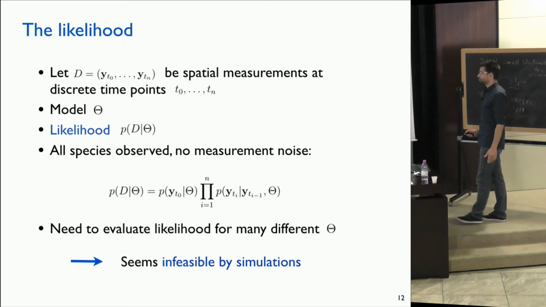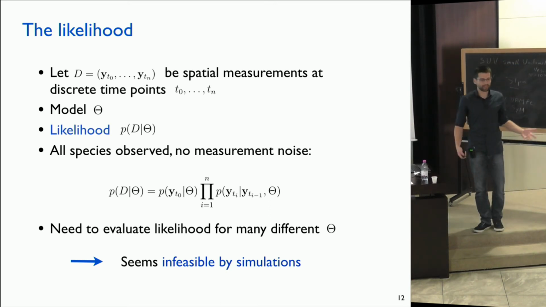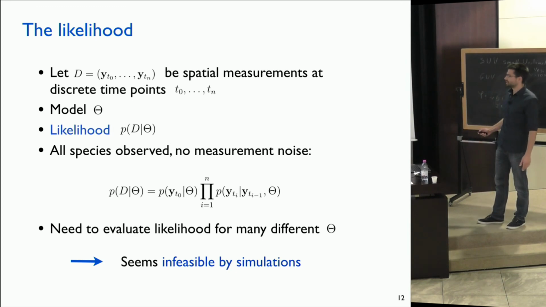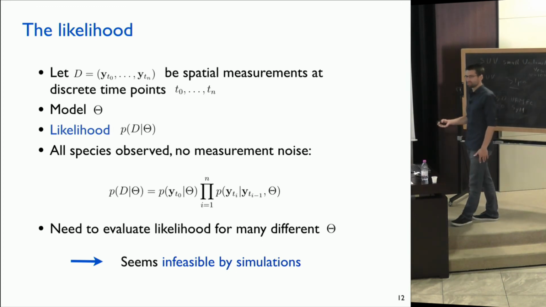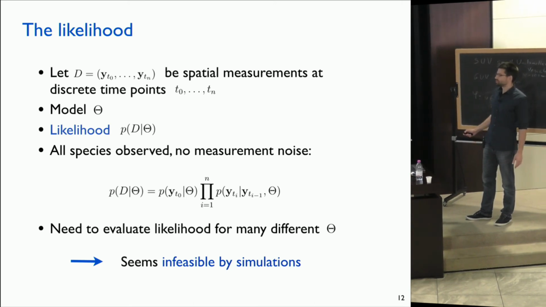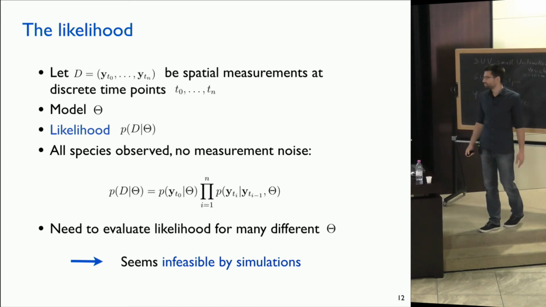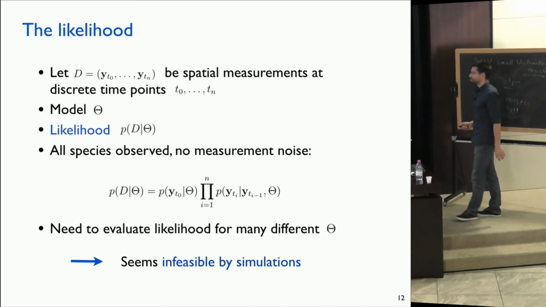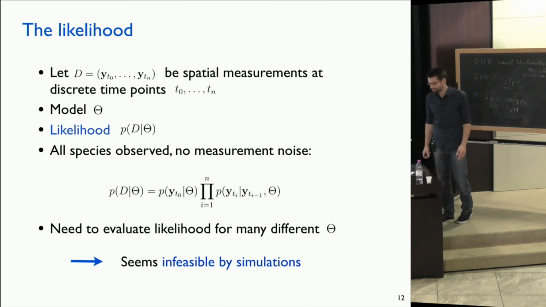Okay, so if we could compute this object, we could, for example, do parameter inference by simply optimizing the likelihood with respect to the parameters to find the parameters that best fit the data. But as I already said, typically there's no analytic treatment possible for such models, and simulations are very expensive. So suppose we would want to optimize the likelihood in a high-dimensional parameter space. Even one evaluation of the likelihood is very expensive because you would have to simulate somehow all those transition probabilities. So by just brute force simulation, that very quickly becomes infeasible.